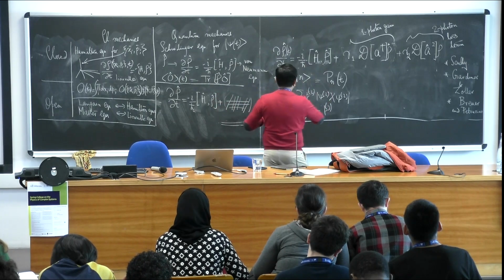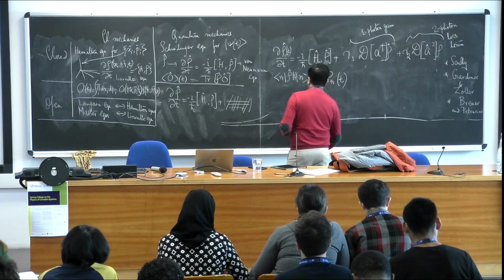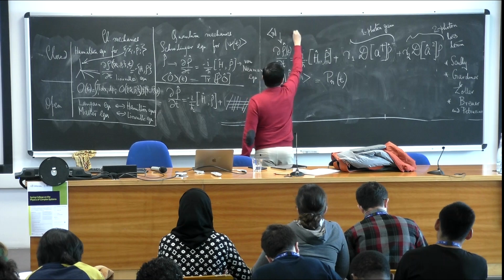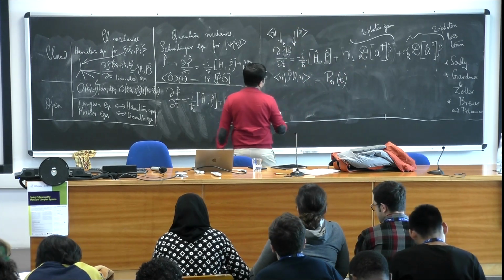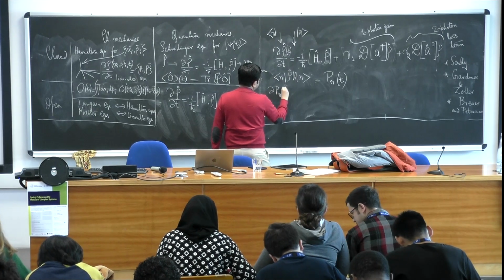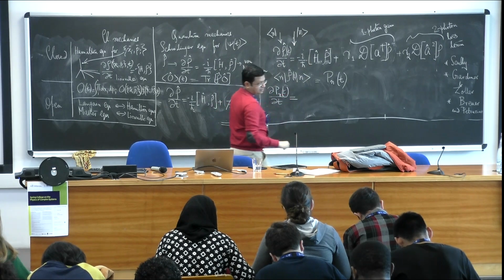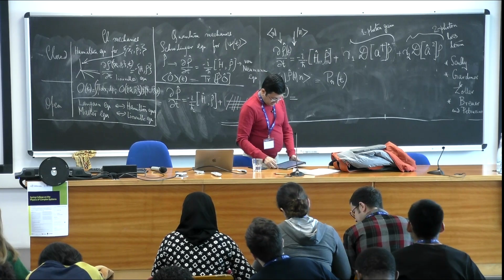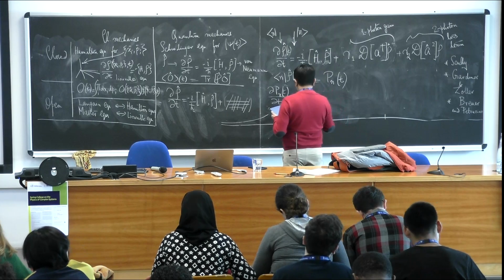So what I do is take this equation and multiply from the left by bra n and from the right by ket n, and I just evaluate this. If you do it, then of course the left hand side will give you this. This term will give you 0. This term will not contribute, while the second term will give you